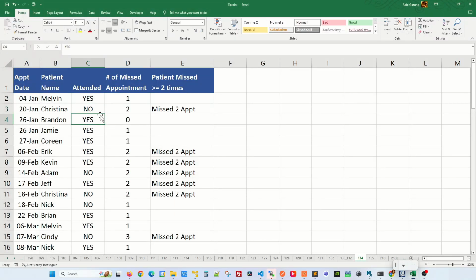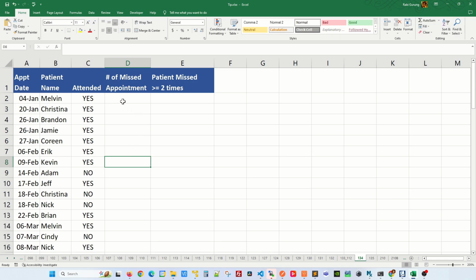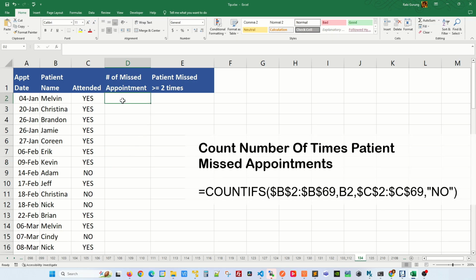One of our local medical offices wants me to help them identify patients who have missed 2 or more scheduled appointments. The first thing I'm going to do is count the number of missed appointments in column D for each patient. I'm going to use a function called